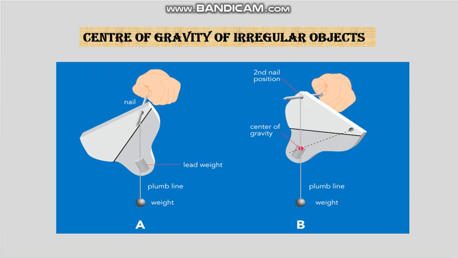We can get the center of gravity of an irregular shape by using a plumb line. A plumb line is a device with which we can find the center of gravity of an irregular shape very easily. There are two forces acting on the plumb line: weight of the plumb line and tension in the string. By a very simple method, we can find the center of gravity of irregular bodies. This method is as under.